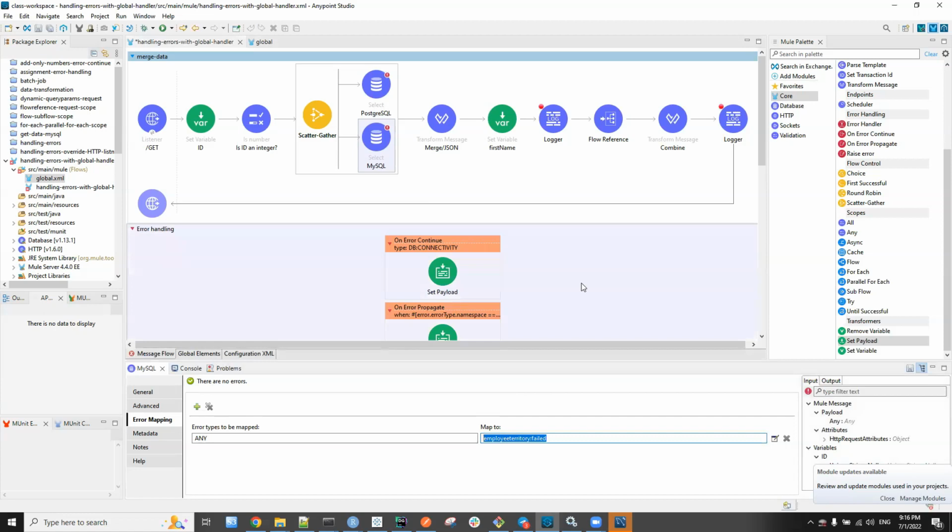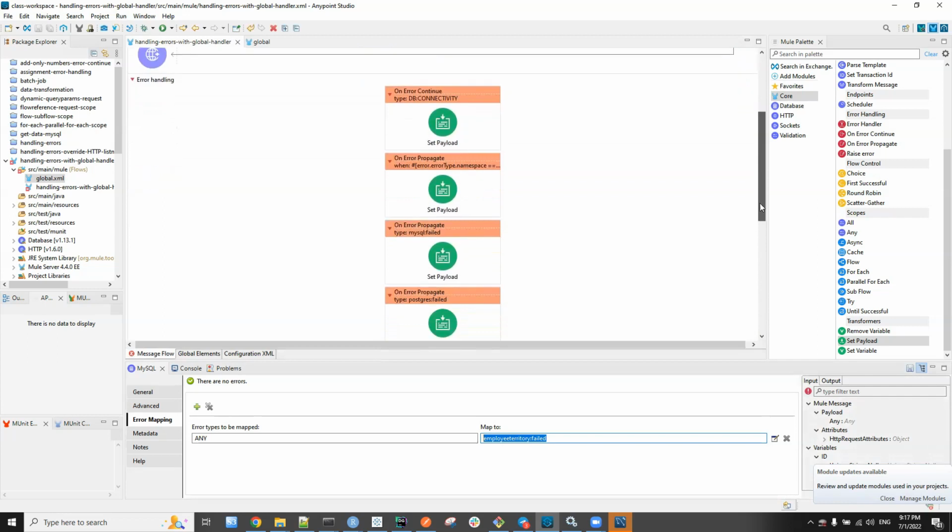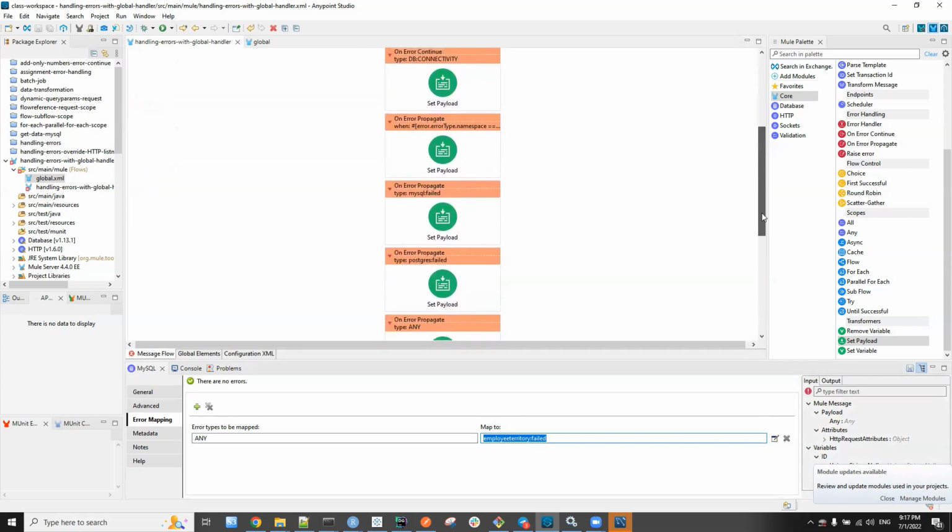And I think I have seen it. This could be dependent on the error. This error could be because of the version of Anypoint Studio. I have seen Anypoint Studio 4.4 or something has some issue with handling custom error mapping. I will check that. If this fails, I'll check tomorrow, and we'll see tomorrow.